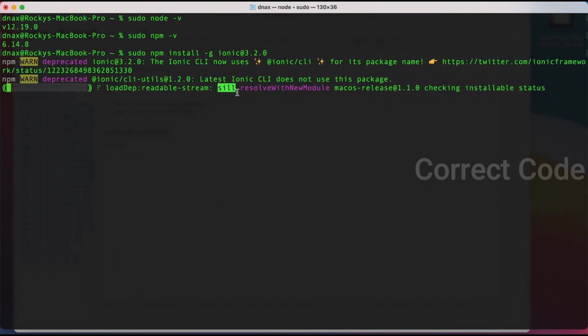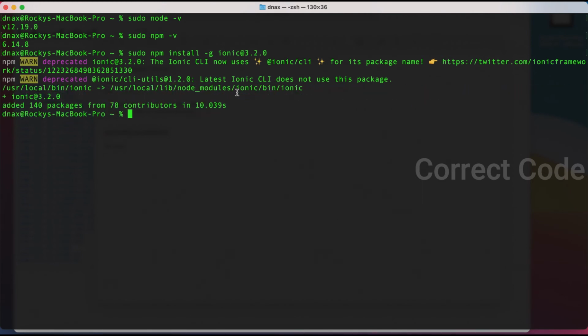So this is a very simple process. It's a 3-step process only. First, I installed Node.js. Second, npm, which is installed along with Node.js, so we need not install a separate npm version. And then install Ionic. If you want to install Ionic 3, it's ionic@3.2.0. So that's it. This is how we need to install the Ionic 3 version.